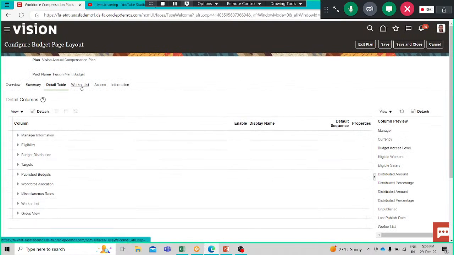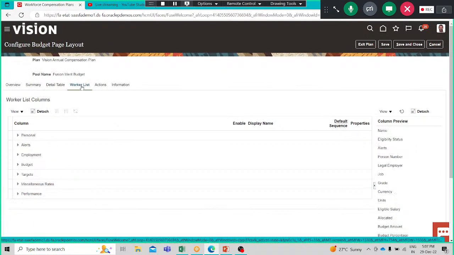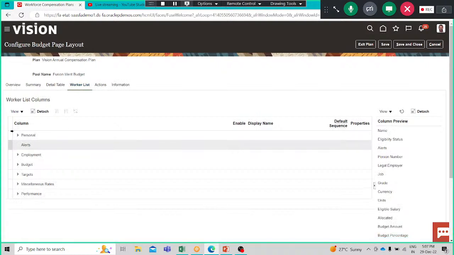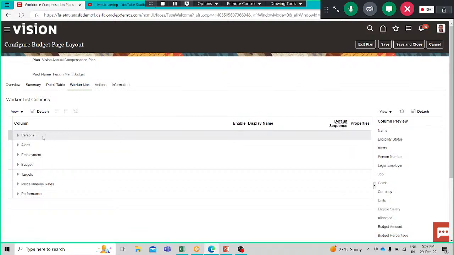Then we have the worker list tab here. Under that we have different columns: the personal, alerts, employment, budget, target, miscellaneous rates, the performance. And here in the column preview view we have different column names: the name, eligibility status, alert, person number,